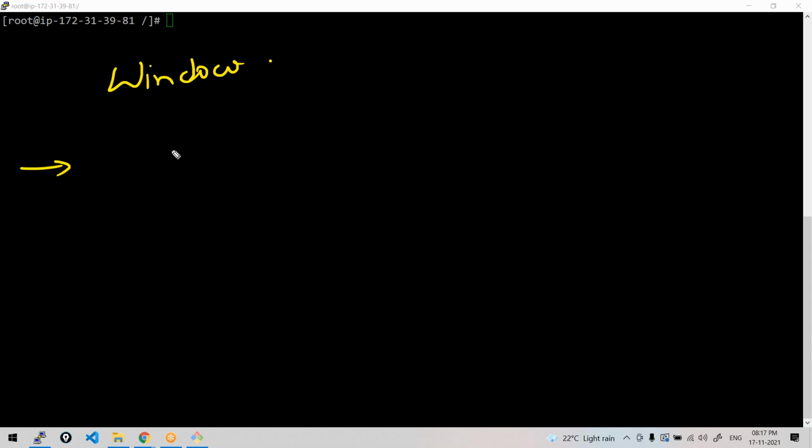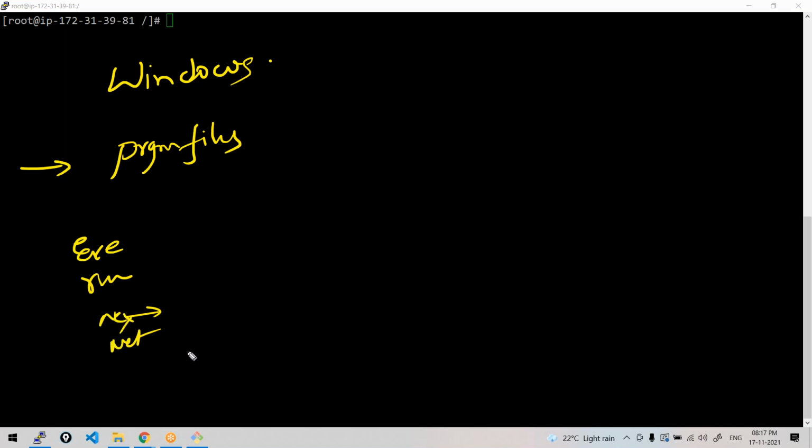Yes, all of us know that, right? Where do those get installed in the Windows operating system? C drive. C drive and program files, isn't it? There is something like program files where all of those packages go, correct? Yes. So installing packages in Windows is very easy because you just download the executable, run it. You just click on next and next, go through the GUI wizard.